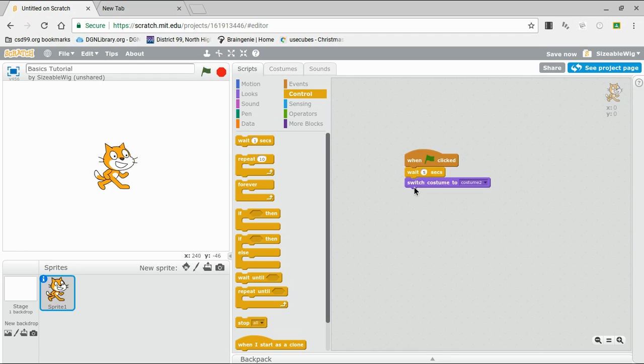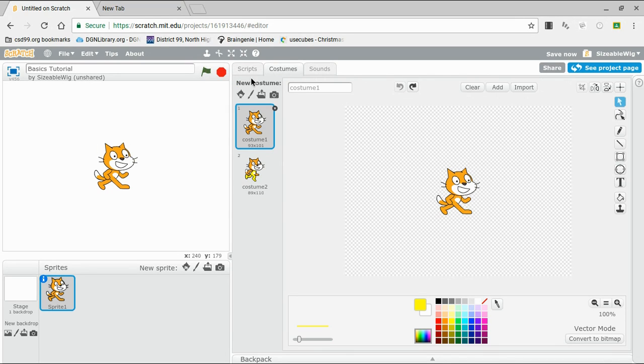The switch to costume to the other stuff, and then I can click the flag, and it will do the switching after 5 seconds. So now it's changed to costume 2. So now it's yellow cat, like part of it's yellow,